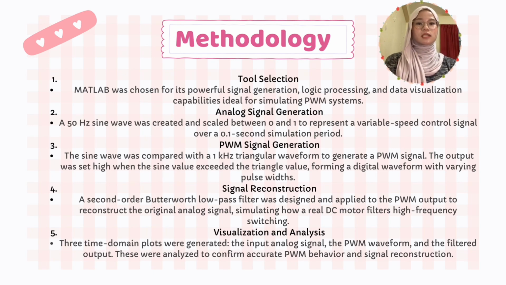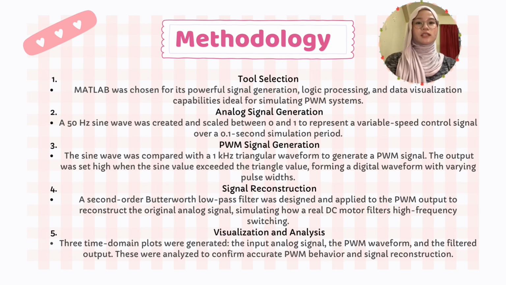Third, PWM signal generation. The sine wave was compared with a 1 kHz triangular waveform to generate a PWM signal. The output was set high when the sine value exceeded the triangle value, forming a digital waveform with varying pulse